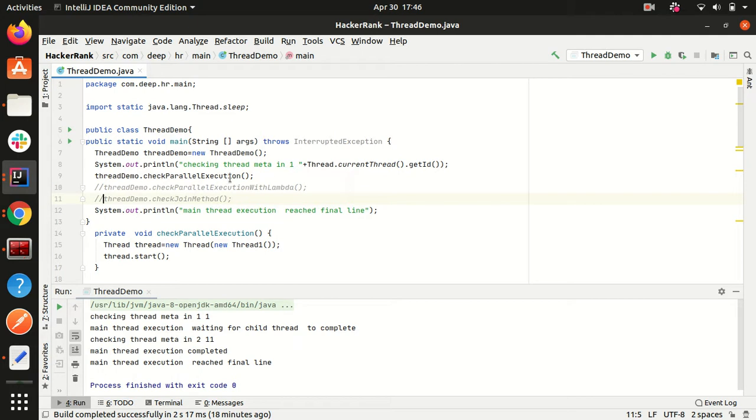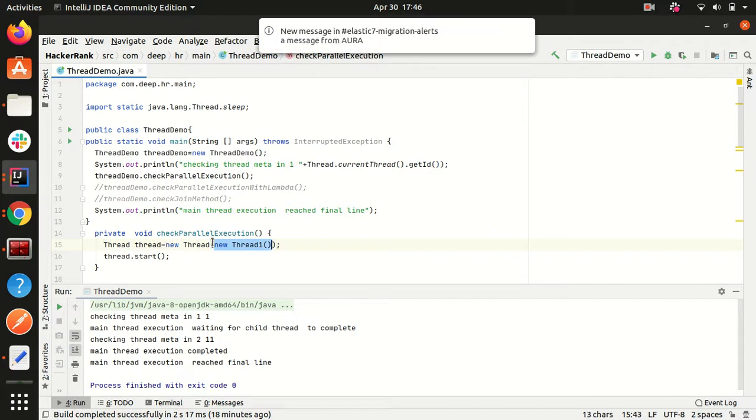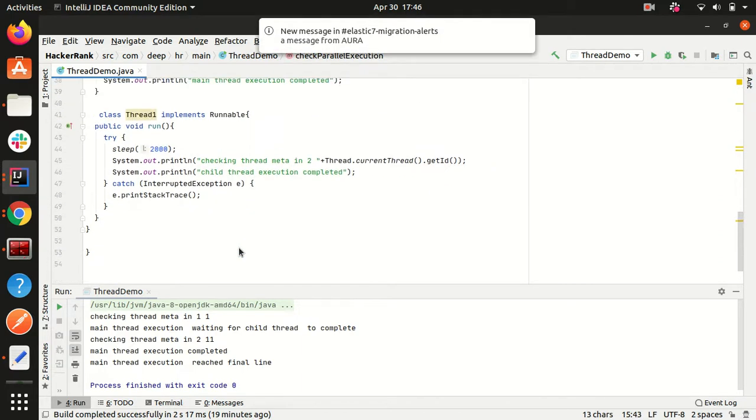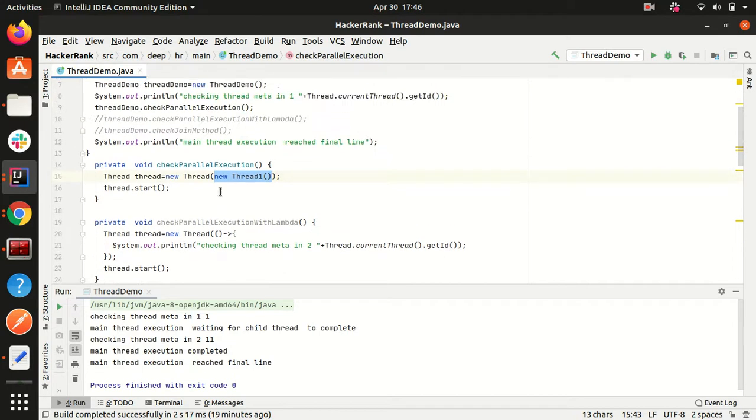After that I will show you a different way of using the thread by creating the Runnable using a lambda, and in the third method we will check how to block the parent thread's execution until the child thread's execution gets completed. Inside checkParallelExecution we will create a thread object, and in the constructor of the thread object we will pass an instance of the Runnable interface that we created here. So let us begin with this code.